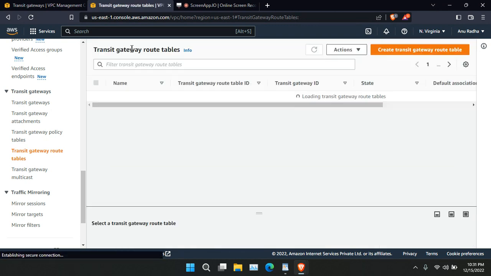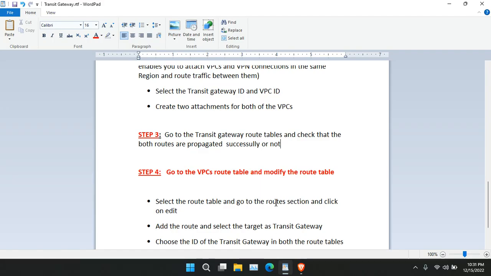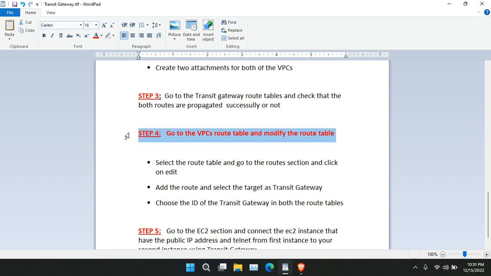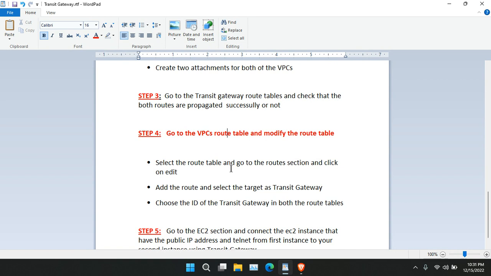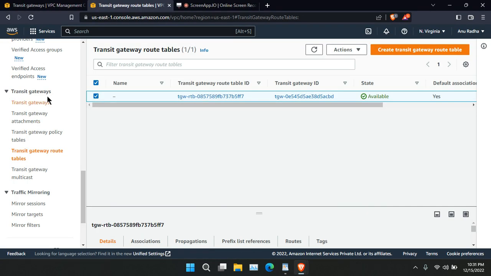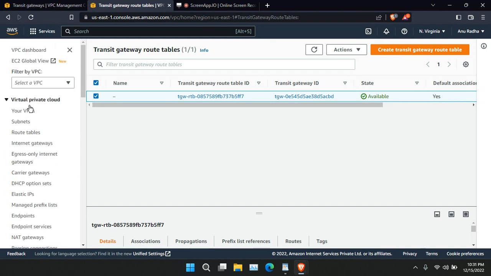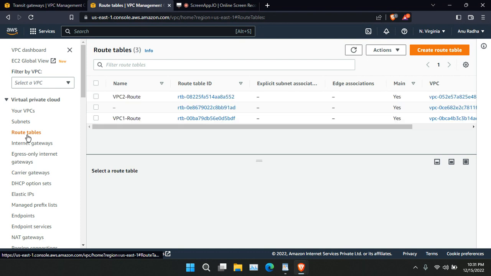So now just go to the documentation again, to step 4. Now we have to modify the route table of our VPCs. So let's go to the VPC section, to the route tables,